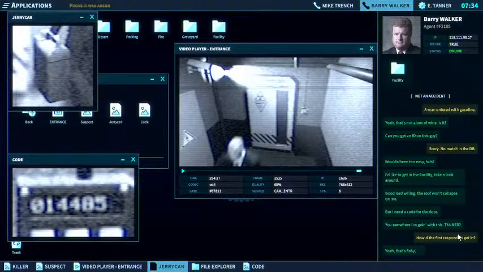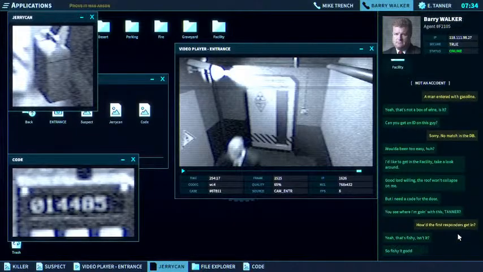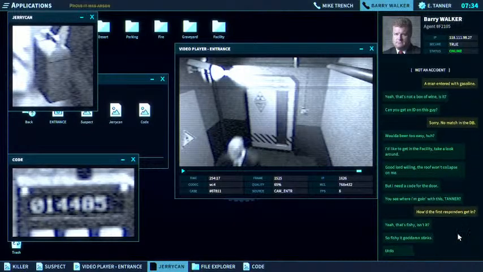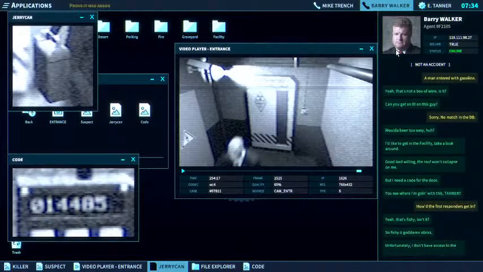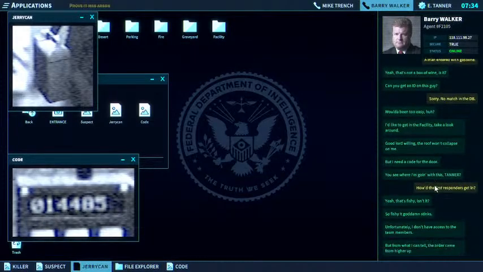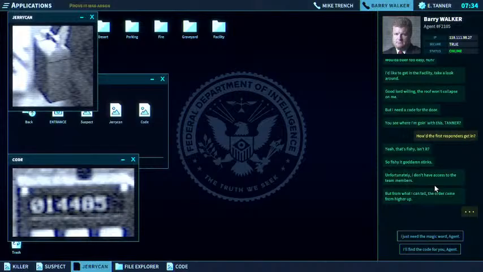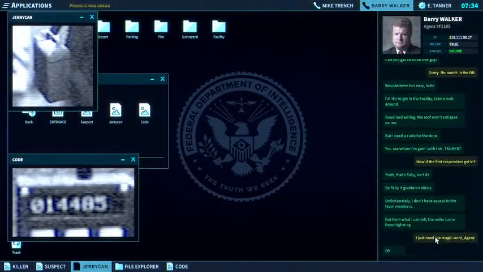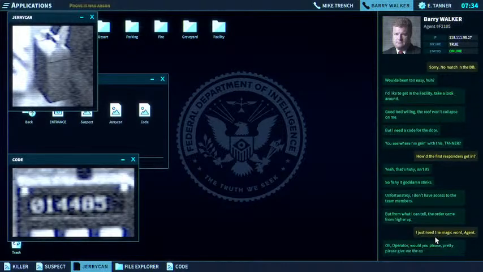Yeah, that's fishy, isn't it? So fishy, it goddamn stinks. Unfortunately, I don't have access to the team members. But from what I can tell, the order came from higher up. Oh, operator, would you please, pretty please, give me the code for the goddamn door?